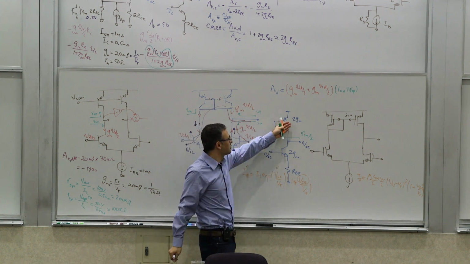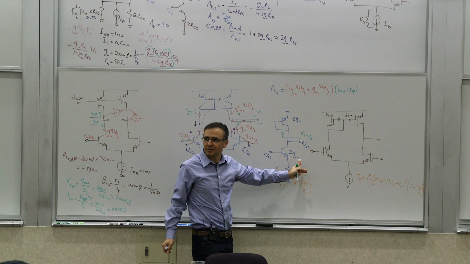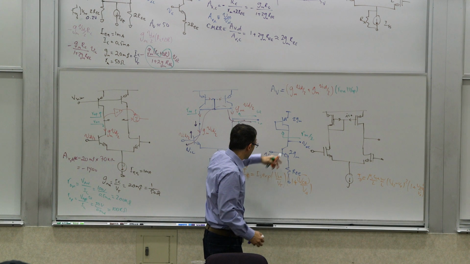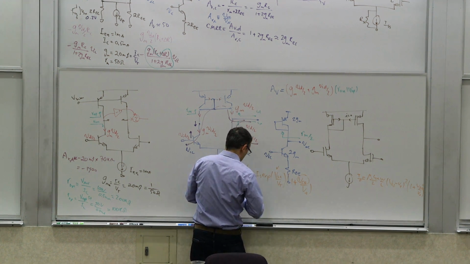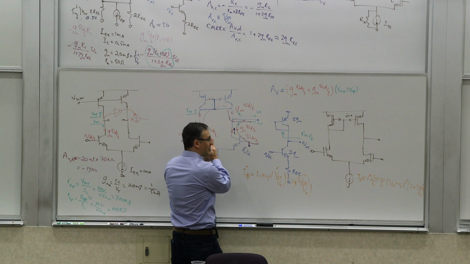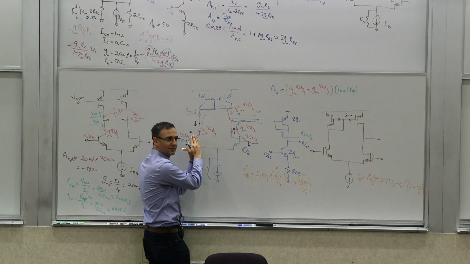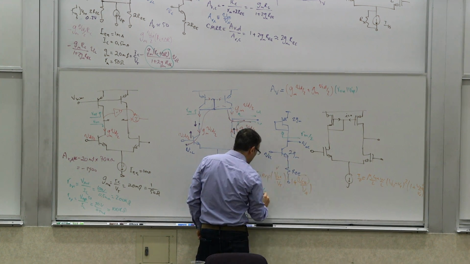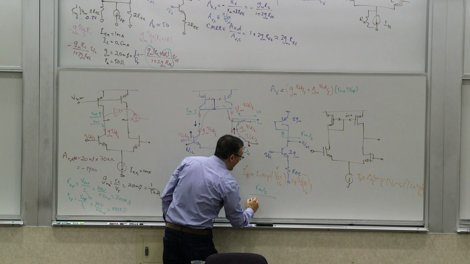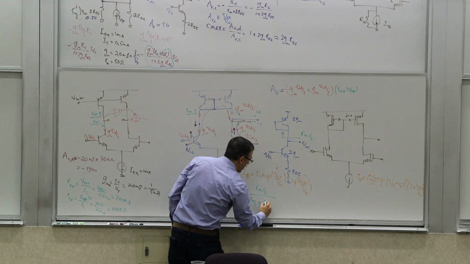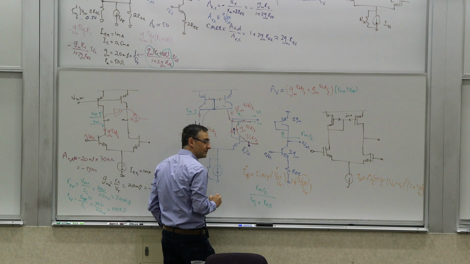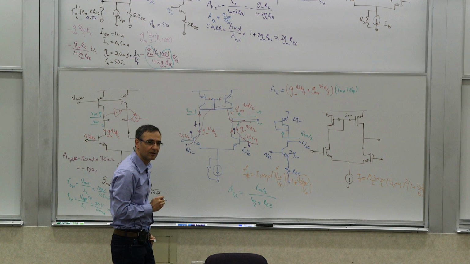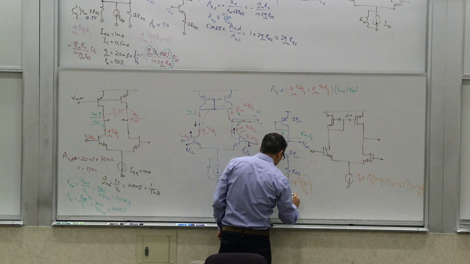Well, we know the trick, right? The total resistance in the output divided by the total resistance in the emitter or the source. So the total resistance in the output is what? Where did you get the 2 GM from? Because I had two of them in parallel. I just basically folded these, right? So what's the total resistance there? Rm over 2. And then what do I have here? I have Rm over 2 plus Ree. That's my common mode voltage gain, which you can write as